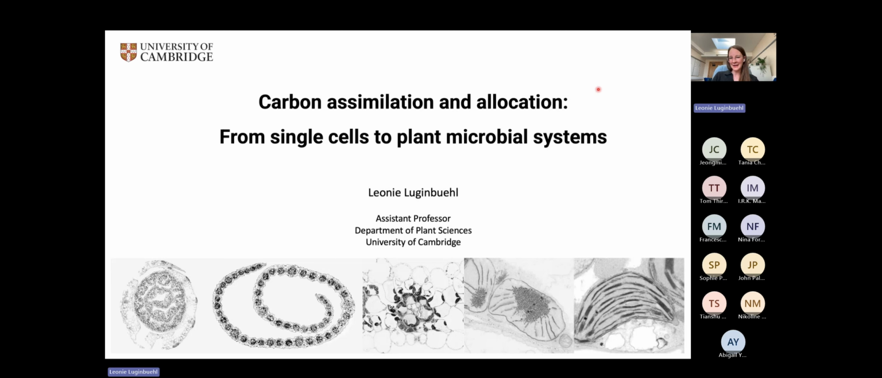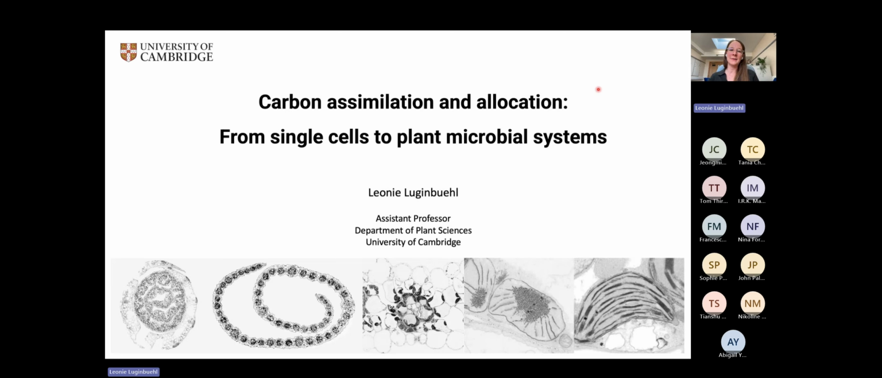My name is Leonie. I am currently a group leader at the Department of Plant Sciences, working on beneficial symbiosis between plants and microbes. But before I started my group, I was actually a postdoc in the department in Luginbuehl's lab, working on carbon assimilation. And both of these topics that I worked on and that I currently work on have to do with